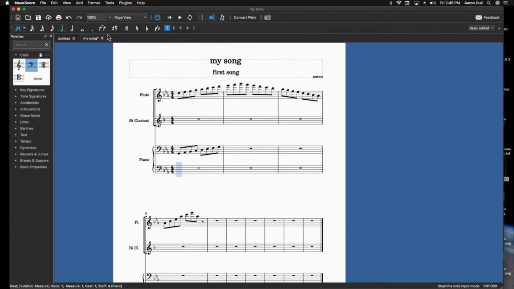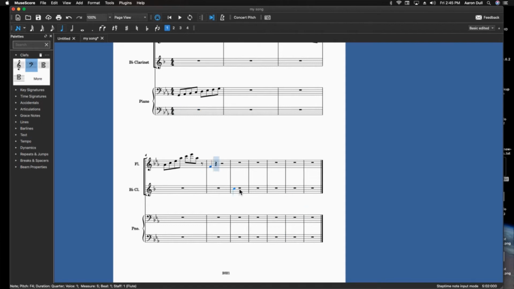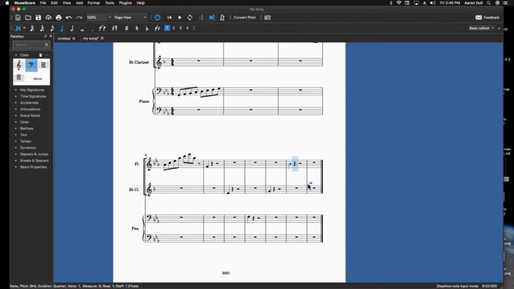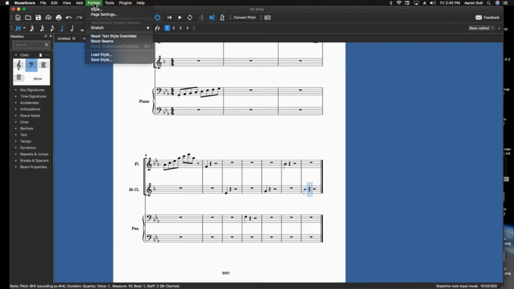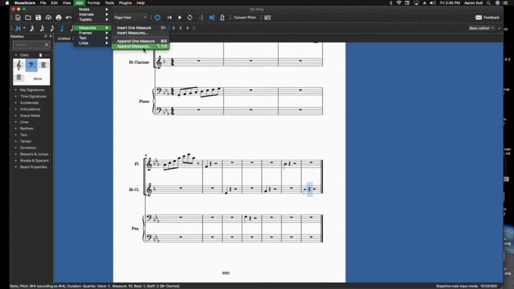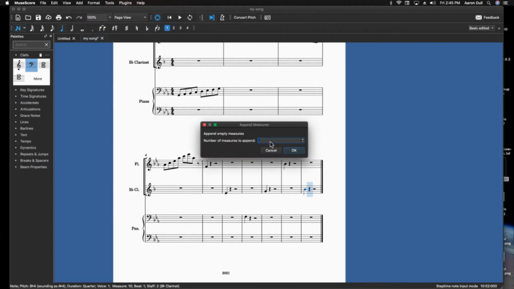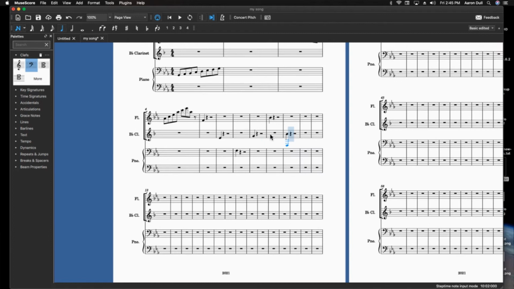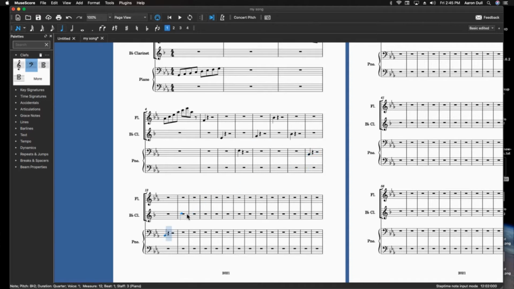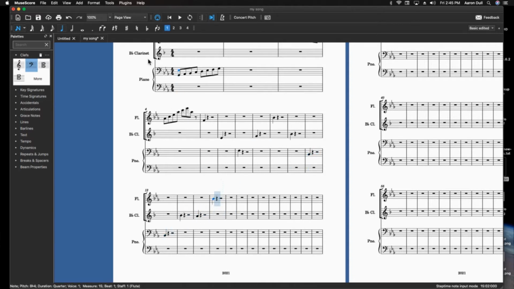So to add measures, let's say I've got to the end, I'm composing, and I run out of room. Go to add measures, append measures. You can append one measure or insert one measure, but I'm going to append 100 measures. That'll give me plenty of room to compose, like 4 or 5 minutes of music. And I'm composing. This is click entry. I can click to enter notes, but it's much faster to